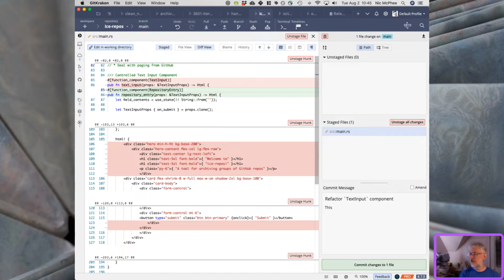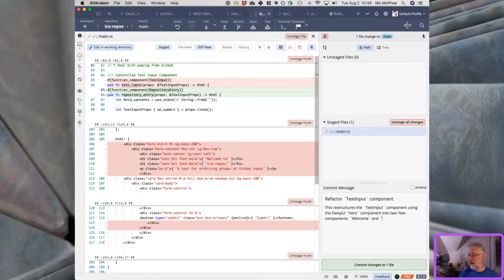So this restructures the old text input component into two, well, actually I should say the DaisyUI text input component using the DaisyUI hero component into two components,